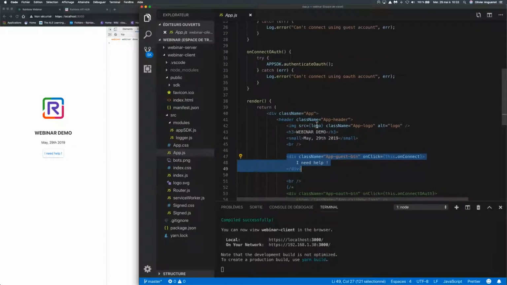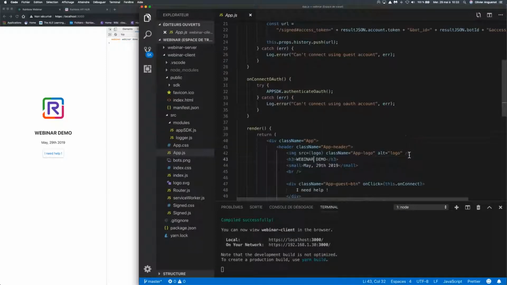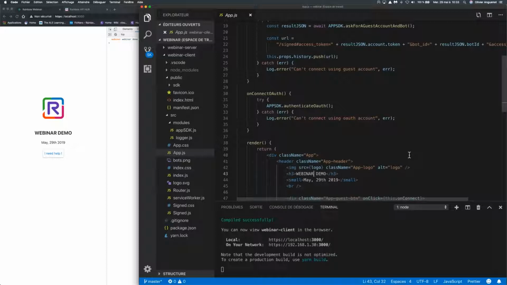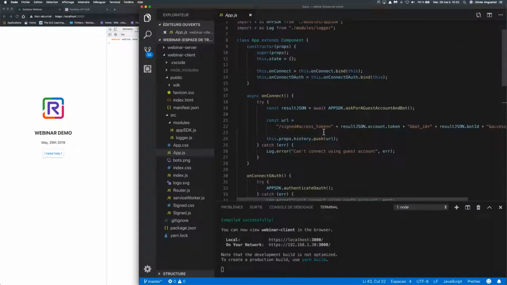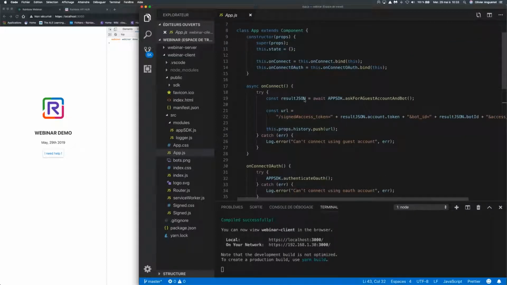Once the user clicks on that button, it will call another function described here, and that function will ask our server, the code I showed you on the server side, for a guest account and to get the bot ID, the bot identity to contact.